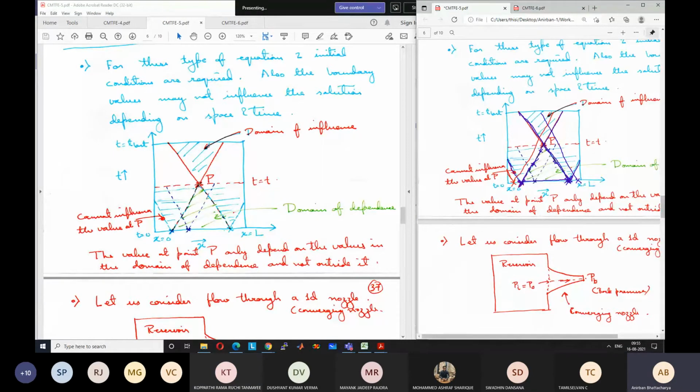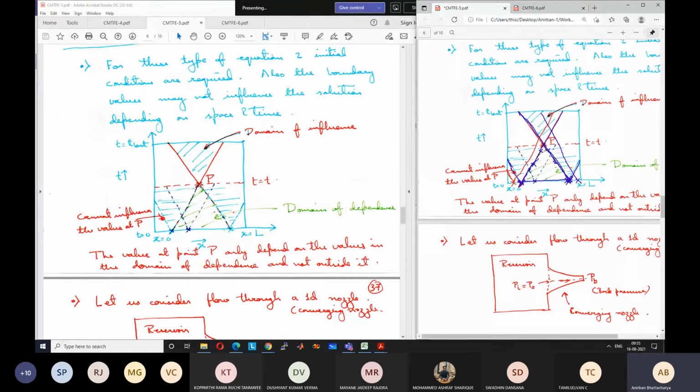So this point now, can all the initial conditions influence this point? No, sir. Correct, so it cannot influence, right? So which initial conditions can influence this point? Only the initial conditions between this point and this point, so in this region. So if we know the initial pressure fluctuation at this point, or whatever the wave displacement, then these points only can influence this point. Any initial condition outside this length cannot influence this point.